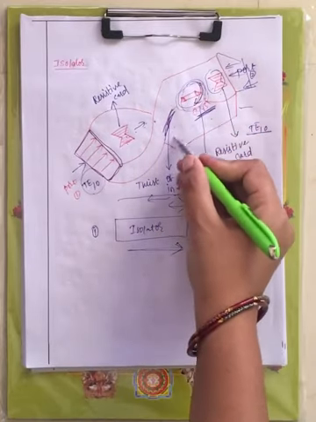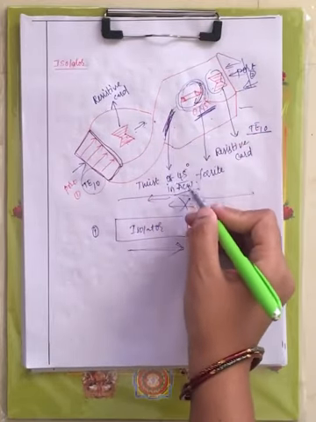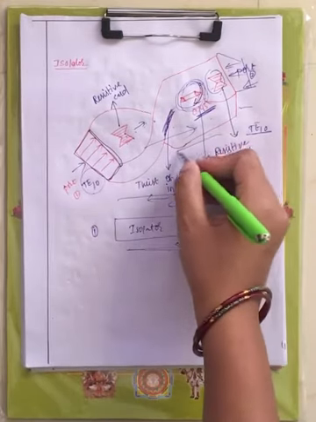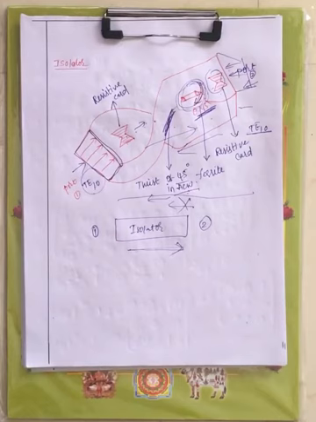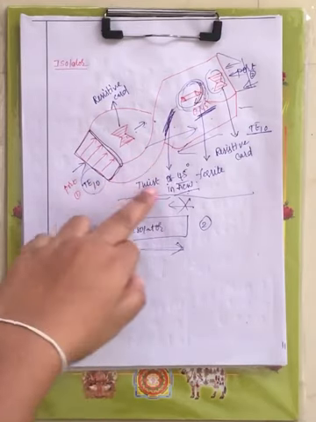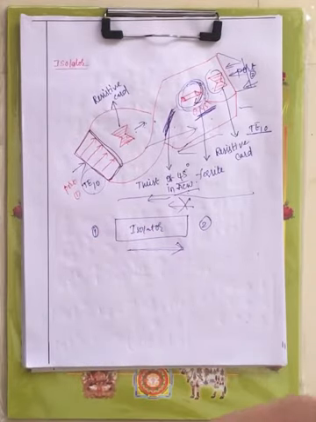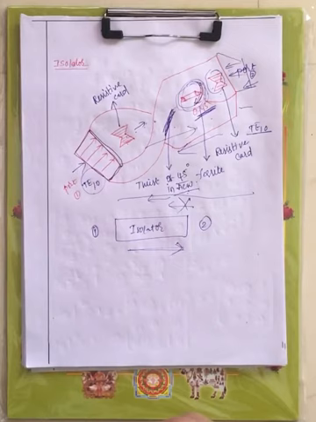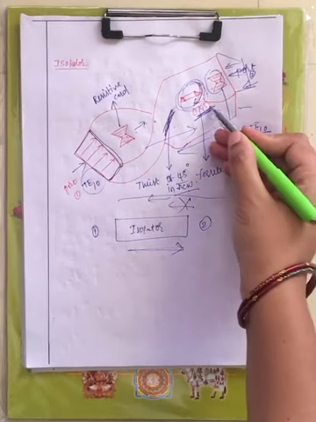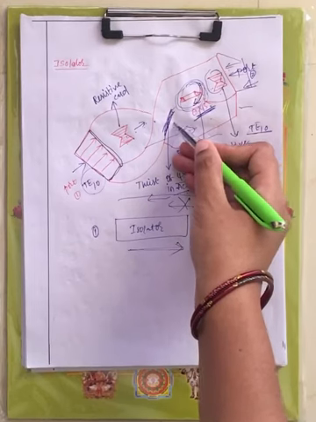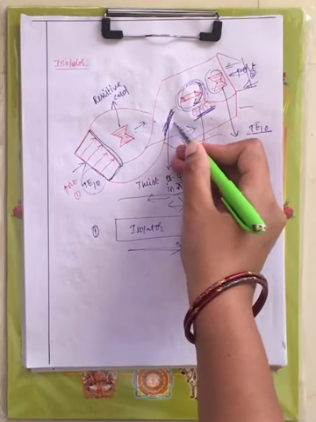Now this twist provides 45 degrees in the forward direction in anti-clockwise. In the backward direction it will provide a 45 degrees phase shift in clockwise direction. If it is providing 45 degrees phase shift in anti-clockwise direction in the forward direction, in the backward direction it will be clockwise, right? Now this 45 degrees clockwise plus 45 degrees clockwise, you will get a 90 degrees phase shifted signal, right?